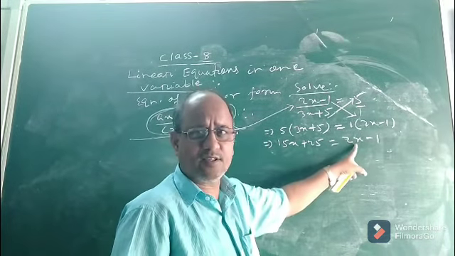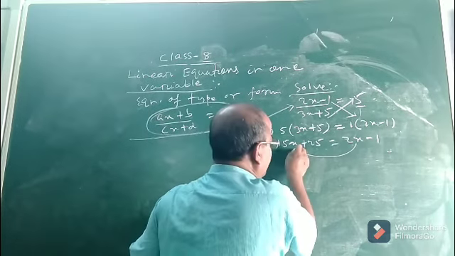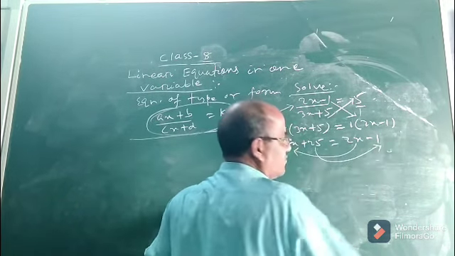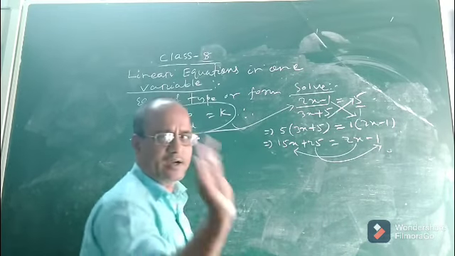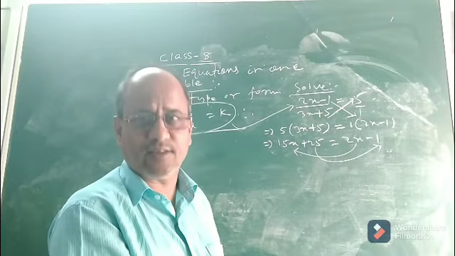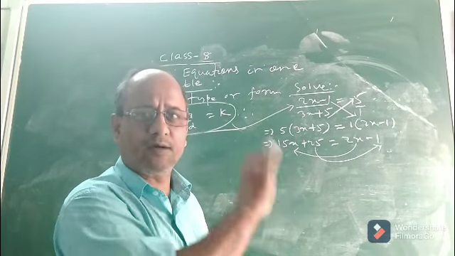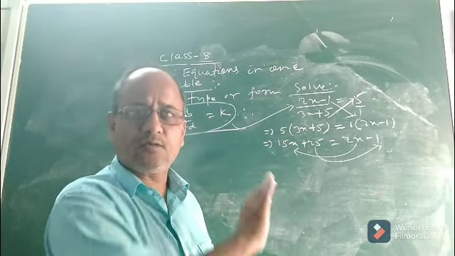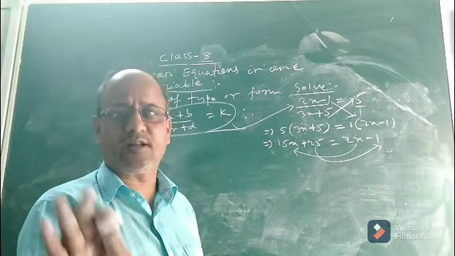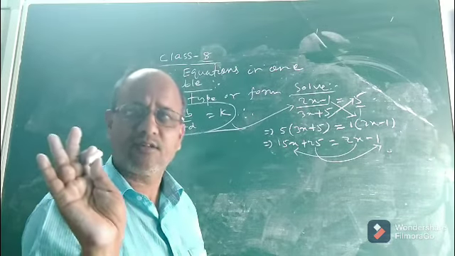So that means this is the variable part. This variable part will be shifted to the left hand side and this constant part will be shifted to the right hand side. Now you know how to transpose. On transposing, only their sign changes. Plus becomes minus or minus becomes plus when it is transposed from one side to the other. This is not a new thing for you children. You have already read it in class 7 in detail.